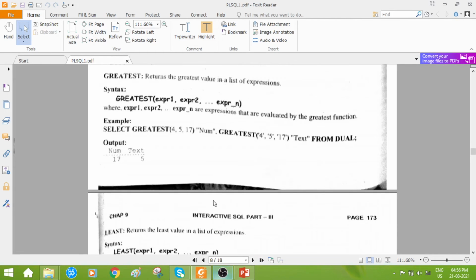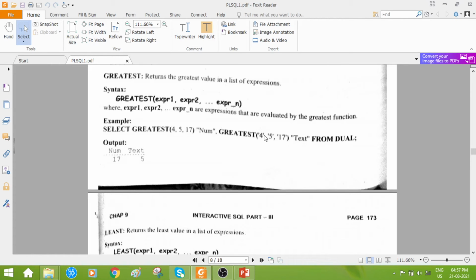Here the ASCII value of 5 is 53 and 4 is 52, and 17 is again less than these two.